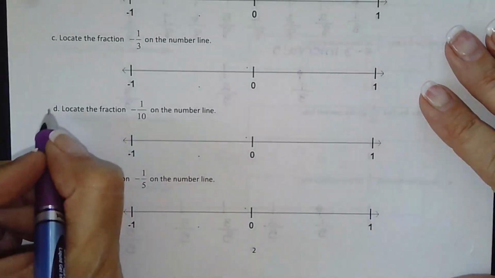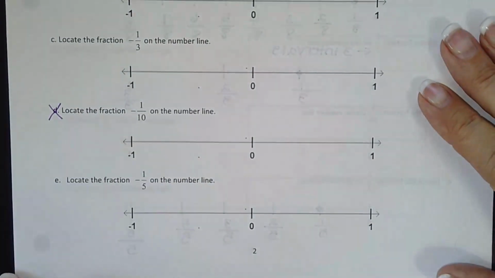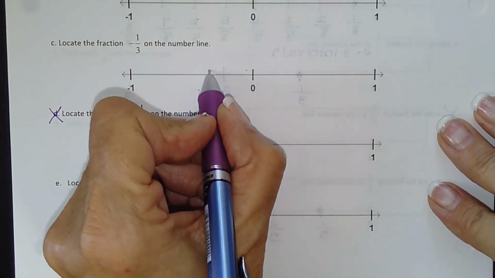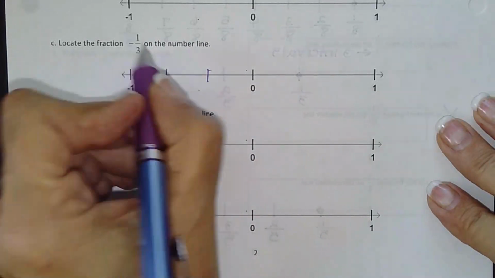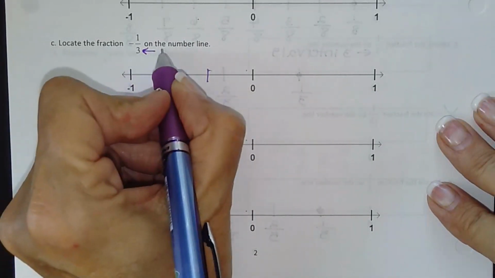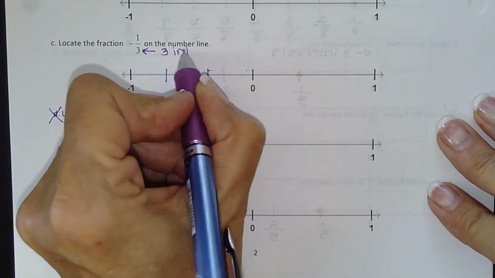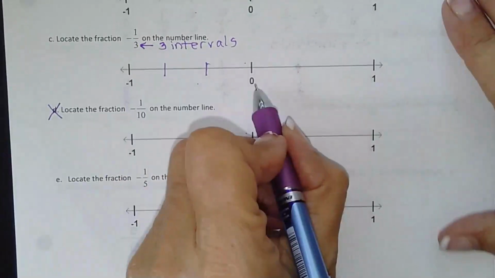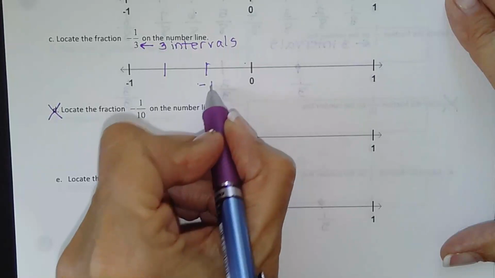So I'm still not going to do this one. It's just too many to write down. So for C, we have -1/3. So that means we need 3 intervals to the left of 0. And so we start counting at 0 always. So -1/3,